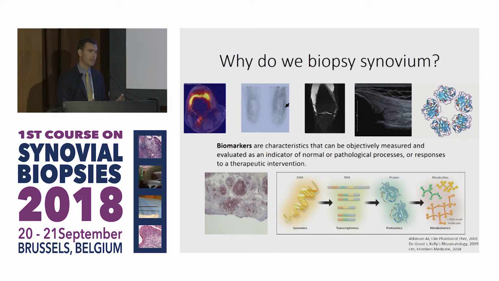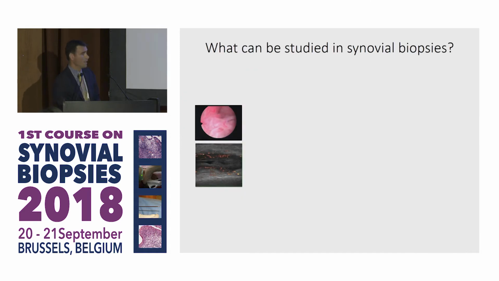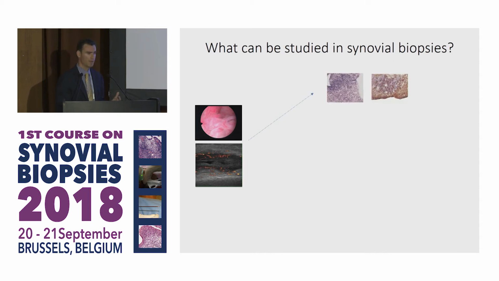And that's simple cellular counts, I guess, but the synovium can be examined at multiple levels, including the molecular. I'm increasingly coming to believe that it doesn't really matter how you biopsy the synovium once you get a good sample, whether it's arthroscopically guided or sonographically guided. What are the things that you can do with it? Well, you can stain for H&E and immunohistochemistry. You can do the explant experiments that Doug described earlier, so I won't explore them any further here.